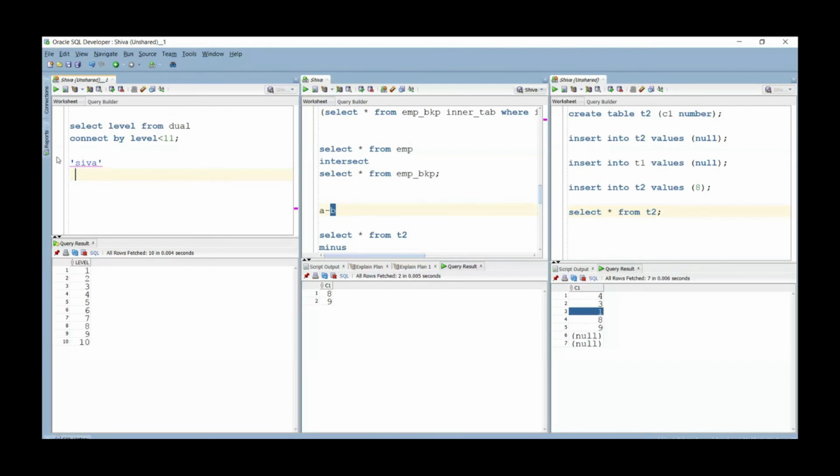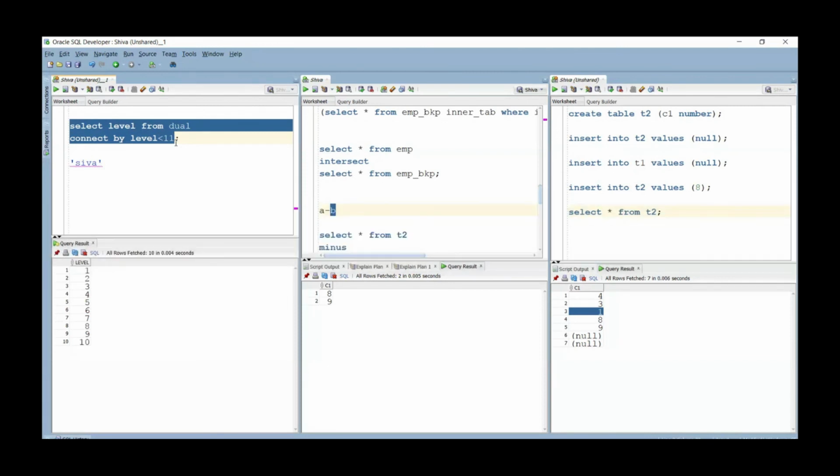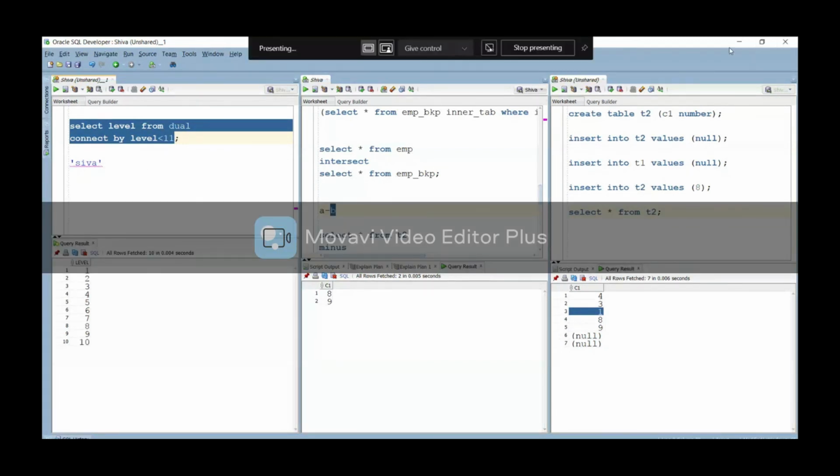Connect by level helps you to get that level, and that requirement will be fulfilled using this connect by level. Okay, this is the hierarchical operator. It just depends on the previous output, like a parent, just as we inherit things from the parent, right? In a similar way, this will work. Okay, so I will share the document and I am going to close.